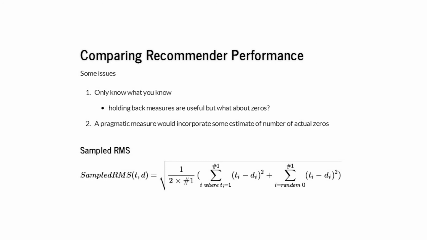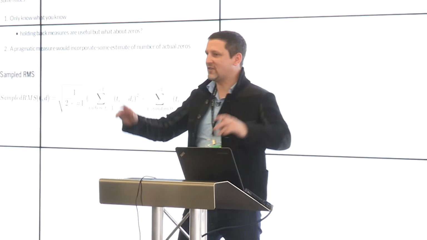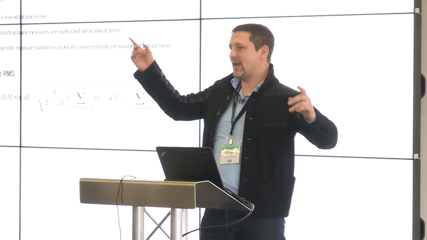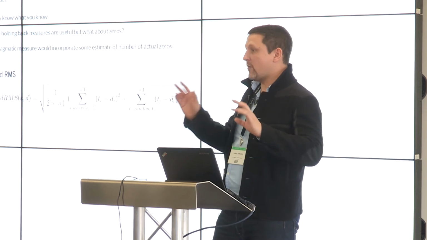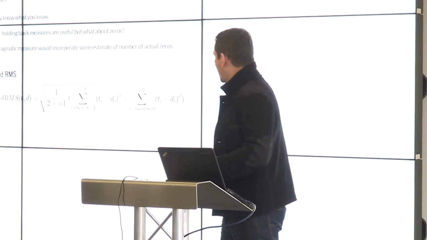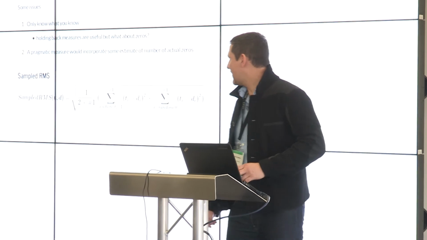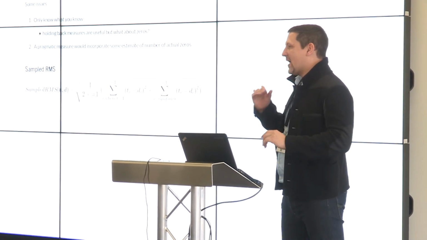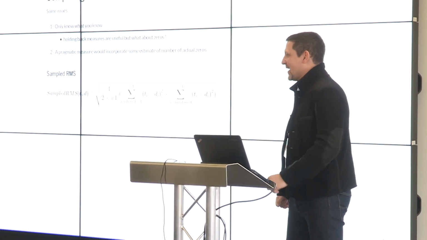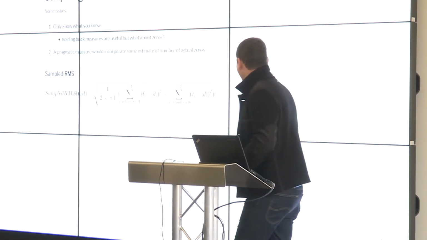And then we've got this idea that some of the zeros might actually be zeros. So let's just arbitrarily take a bunch of those. These matrices that we were dealing with were 1,000,000 by 60,000. So arbitrarily take a bunch of, and they were very sparse, so I'm not taking a lot of zeros. So arbitrarily take that bunch. So I invented this sort of hack of an RMS measure that allowed me to kind of beat him at his own game. So instead of getting better techniques, what I did was move the goalposts. So that was quite good.